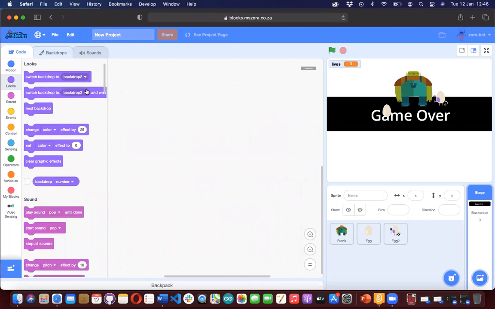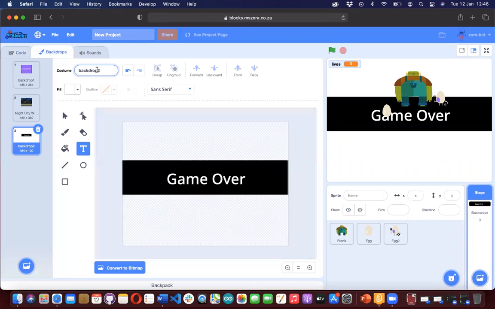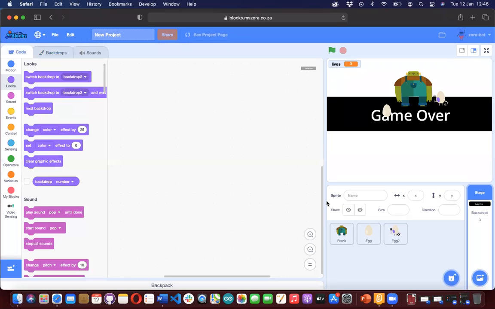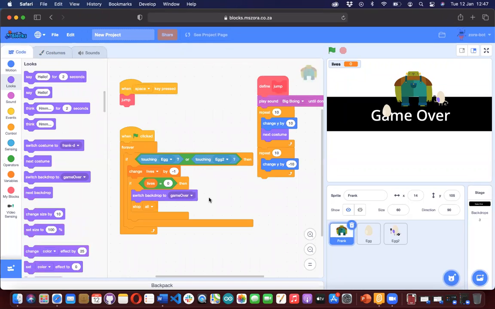Backdrops. I want to say game over. So it's going to change it and make it game over. So now whenever our lives get to 0,